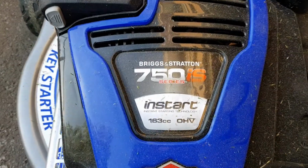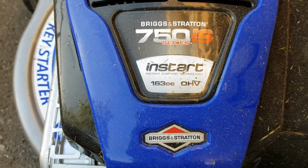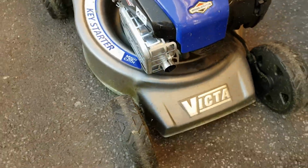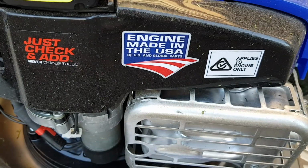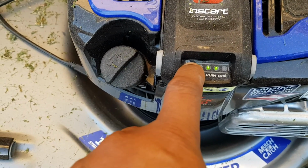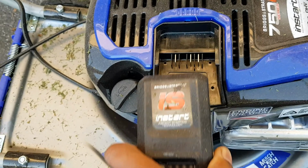Just a quick video review on my Victa 750 instant start lawnmower, 163cc, the overhead valve. Engine's made in the USA according to the sticker, and this one is a lithium battery start. You can check the battery, quite easy, slips out, slips in